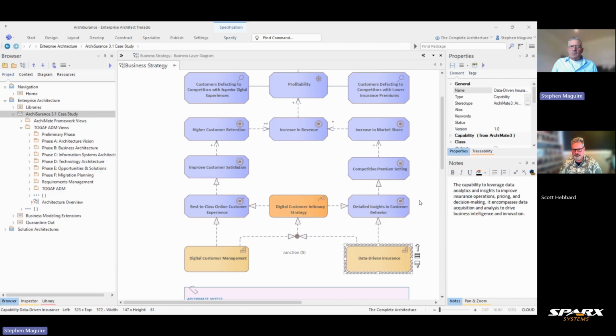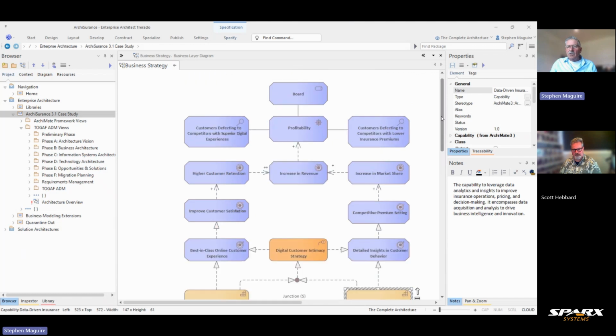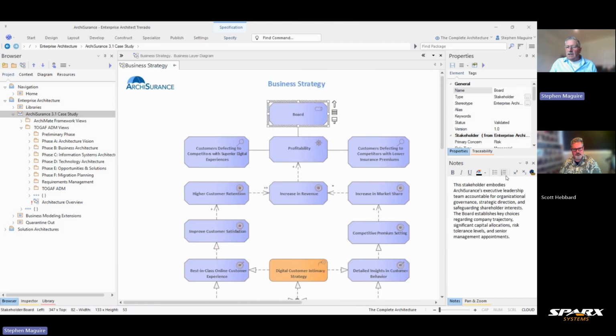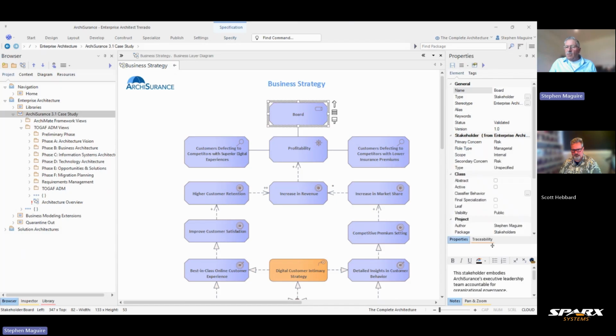So all of those things are starting to tell a story, and you may look at this and think, gee, you have to understand the diagram. We can look at this kind of diagram in Collaborator, the other tool, a visualization of this, and the diagram can disappear, and all of the information on all the content, the relationships, the other information, the properties on the stakeholders can come to life. So if we look at this one here, and we've got the notes there, but we've also got other information like this primary concern, the role type, the scope, the secondary concern, and these are all drop-down lists, Scott,